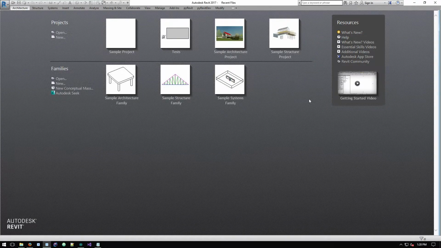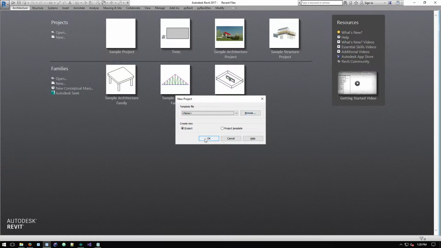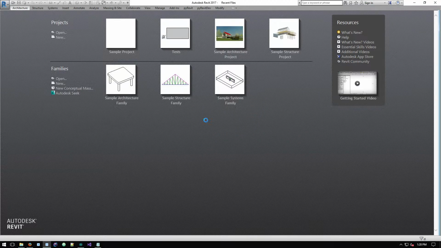Okay, in this video I want to show you how to update the current version of your pyRevit to a newer version. For this specific video, I'm going to update pyRevit 4.3 to 4.4. 4.4 is the update that I just published today, and I want to update my own pyRevit to the newer version. To know what version of pyRevit you're running, make sure if you're on an older version, make sure that